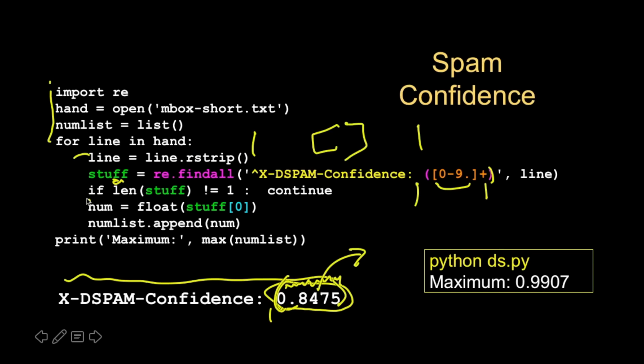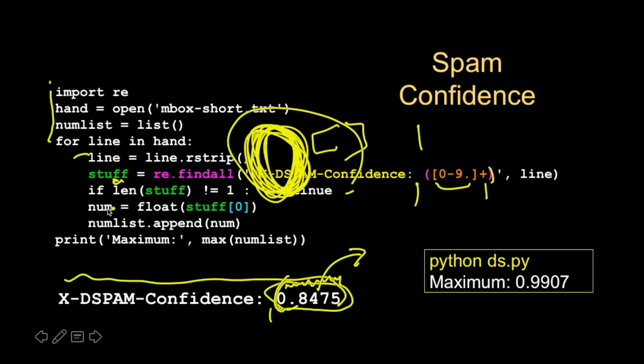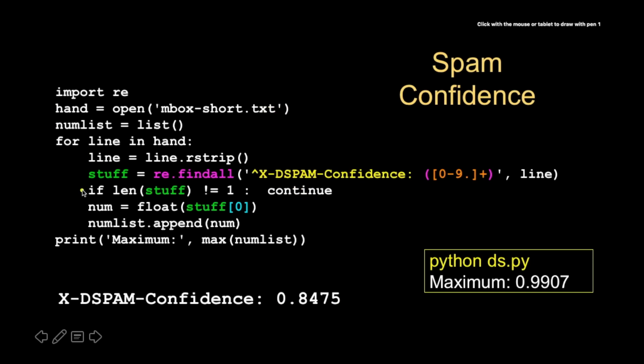So the first thing you have to do is check to see if you actually got a match. So you say if the number of items in the list, len of stuff, is not equal to 1, continue. And so this is the skip all the lines that don't match. Skip. So there could be thousands of lines that don't match. But then when this match hits, it's going to come down and fall through, right? So that most of the lines will skip up, but then when we actually get one, and we know instantly